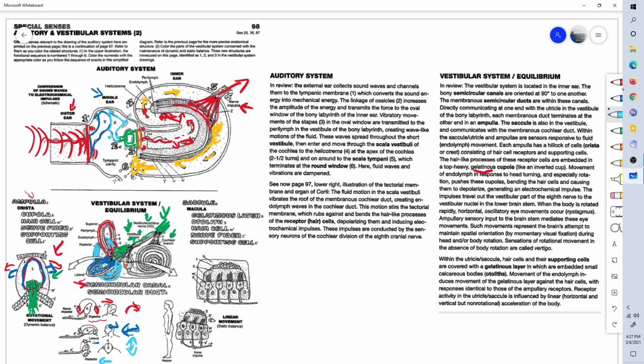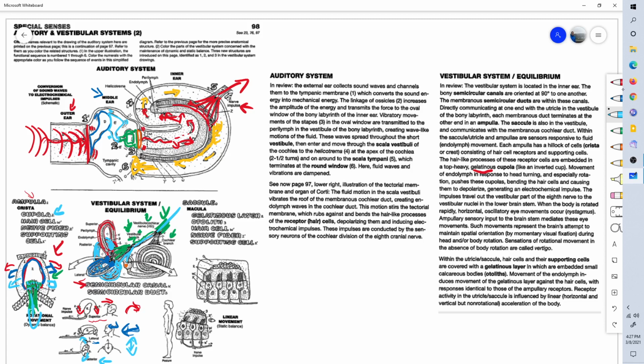And of course, the fluid in these ampullae here is going to start shaking, and it's going to shift this cupola around from the left to the right, or back and forth, whichever direction, here and here. And that sensation is going to be picked up on by these little hair cells, and the signal is going to be sent through the vestibular branch of the vestibular cochlear nerve, cranial nerve number 8, and voila, you have